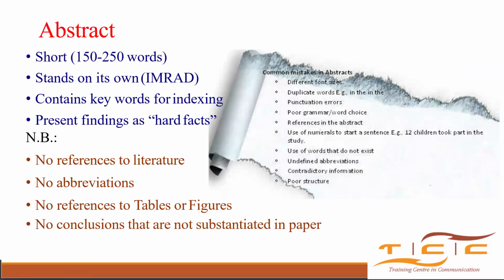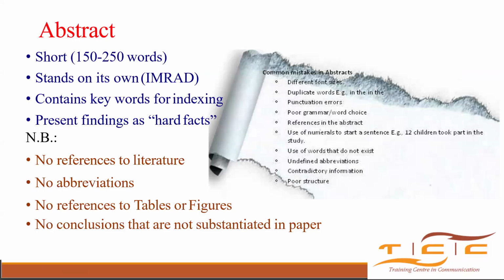Then after that, of course, we have the abstract. The abstract should be able to stand on its own. It should have a little bit of an introduction or background, maybe a sentence, then the methods that were used, and then the main results, a discussion, and also an interpretation and a little bit of a conclusion of those results.